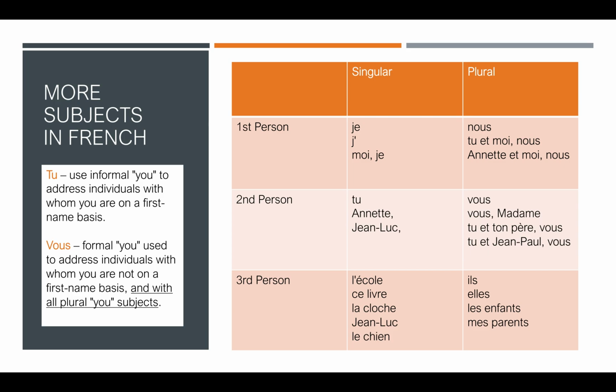As we saw in the English before, I'm looking at the first person plural here. Tu et moi, nous, you and I, we. Okay, so you and I is the same as we. But the I here is actually moi. That means me. So you and me, we. Look out for those things as you complete